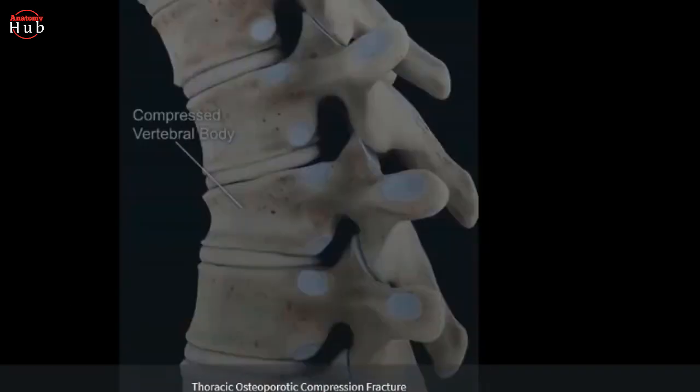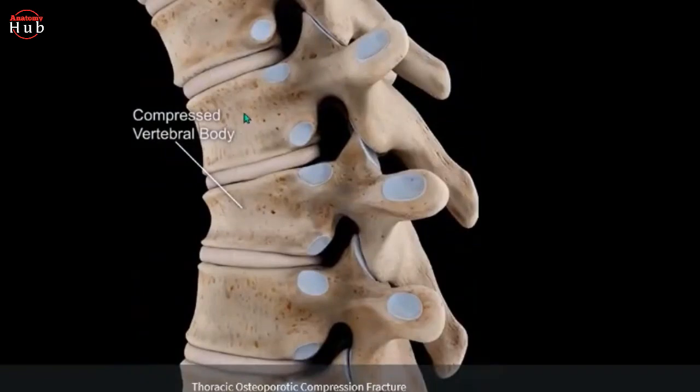Okay, what do you have here? See, this is a normal vertebra, right? And here we'll find the osteoporotic vertebra. So in the osteoporotic vertebra, what will happen? Due to the loss of minerals and calcium, micro degeneration, micro loss of the bone will be there, and when the time comes, all these bones internally will be brittle, they will be fractured, and ultimately the bone will lose its weight bearing capacity.